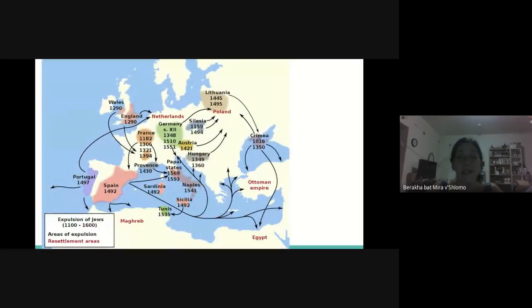Now, the second map is a little more complex. This goes to more or less the end of period, 1600. And this is where the SCA, for the most part, draws its line. During this entire time period, this map shows you about 500 years worth. You have a lot of moving around within Europe and the Mediterranean. It's not just a matter of pulling in and establishing a community. Often these communities came under attack, and both individuals and entire communities were uprooted and forced to leave. And that, of course, means that you have a lot of cultural movement and dissemination throughout Europe, throughout the Mediterranean,